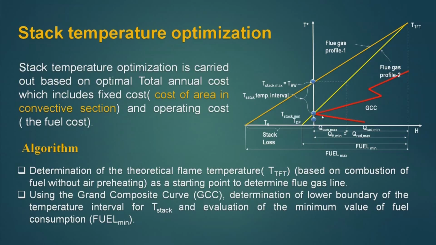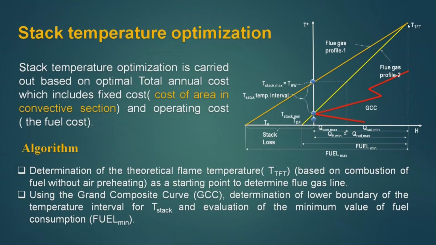So, here it shows clearly that if it is the line available, I can broaden this line to here, when this pinch point will control my T_stack temperature. So, this is my range from T_BW to this pinch point, and here the pinch point is above the TDP. If this TDP will be above the pinch point, then the TDP will control the T_stack rather than this pinch point, and this is the fuel minimum.